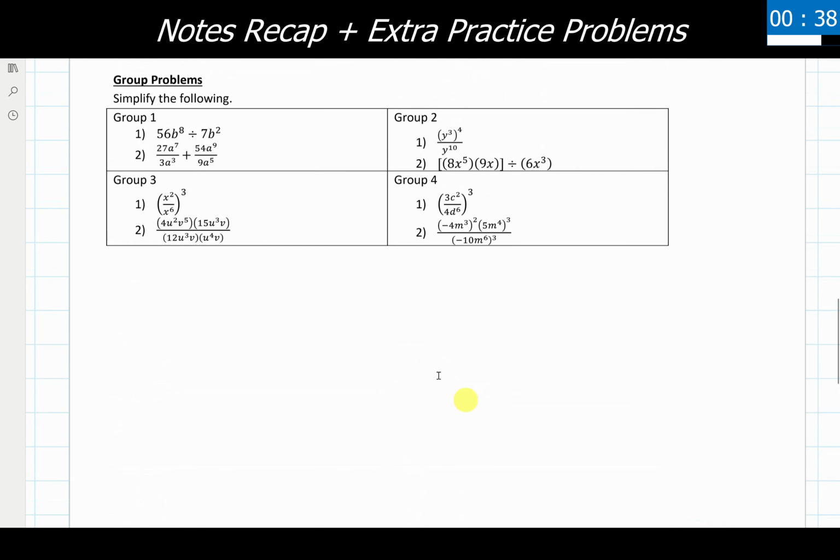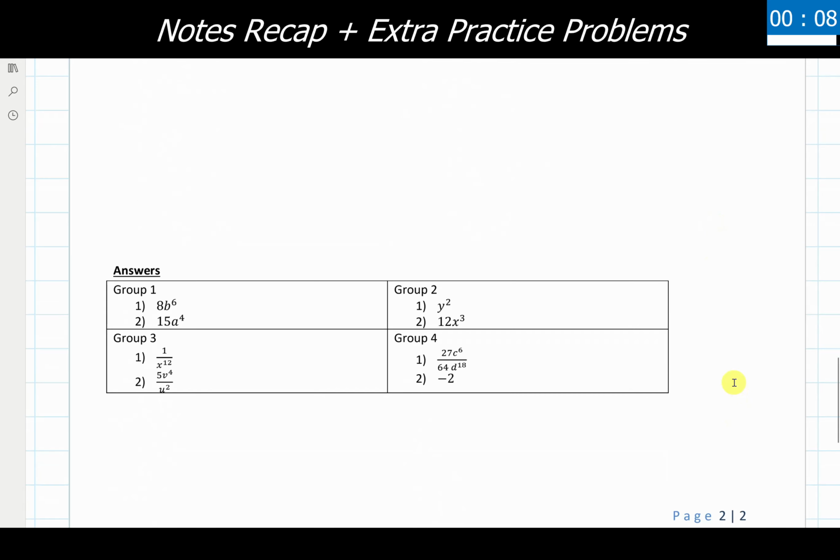If you are having some headaches, specifically with group 1 number 1 and group 2 number 2, I would recommend rewriting these two things as fractions. Here's my numerator, here's my denominator. This whole thing inside of brackets is a numerator, and this whole thing inside of parentheses is a denominator, with the division sign separating them. So if you got those wrong, try rewriting it like that. See if you can get the same final answer here. But otherwise, that is everything for our material working with dividing monomials.